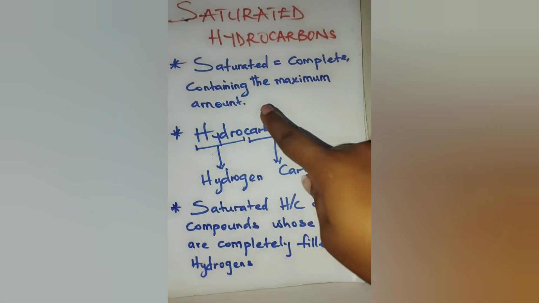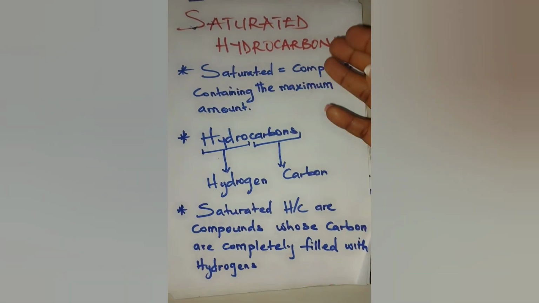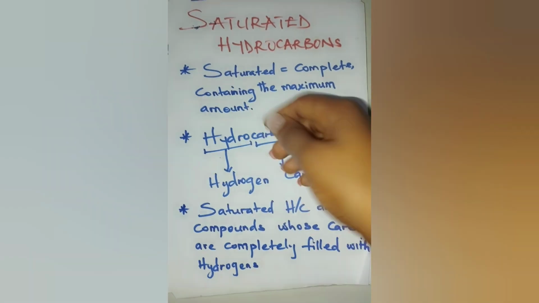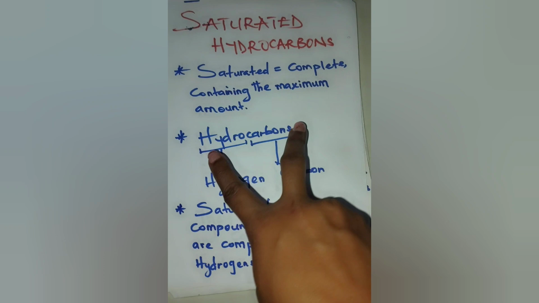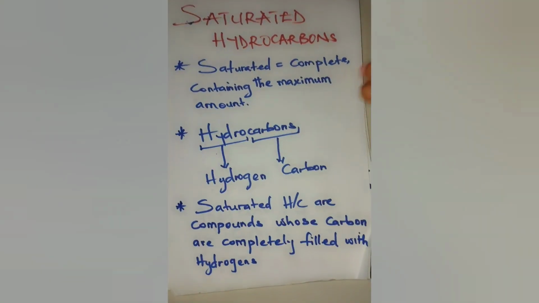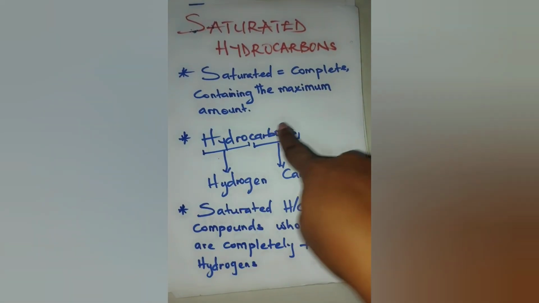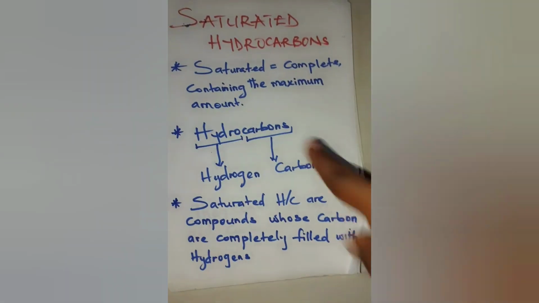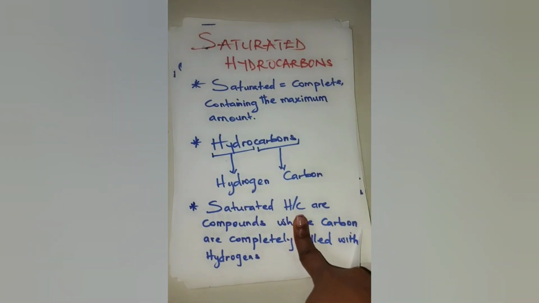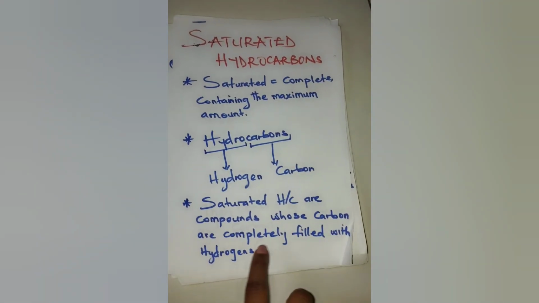Saturated hydrocarbons, I'm going to be defining each word for us to easily understand the concept. The word saturated literally means complete, containing the maximum amount, and the word hydrocarbon contains hydrogen and carbon. So hydrocarbon compounds are compounds that are made up of basically hydrogen and carbon. So saturated hydrocarbon therefore means compounds whose carbons are completely filled with hydrogens, and these compounds are known